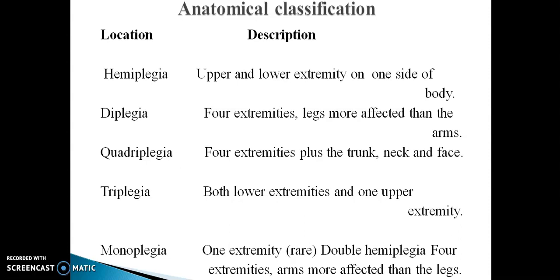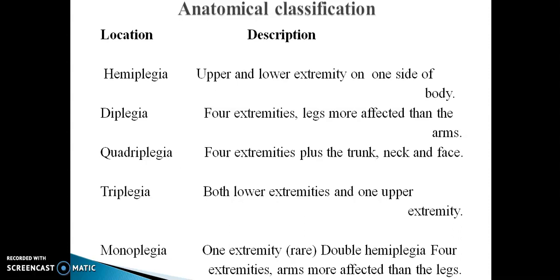Triplegia is very uncommon and rare, but for the purpose of studying, you can understand that in triplegia, both lower extremities and one upper extremity are affected. So triplegia and diplegia are variations of quadriplegia. Most of the time we can't find a pure triplegia. So triplegia is a quadriplegic patient where in one upper extremity or one lower extremity,